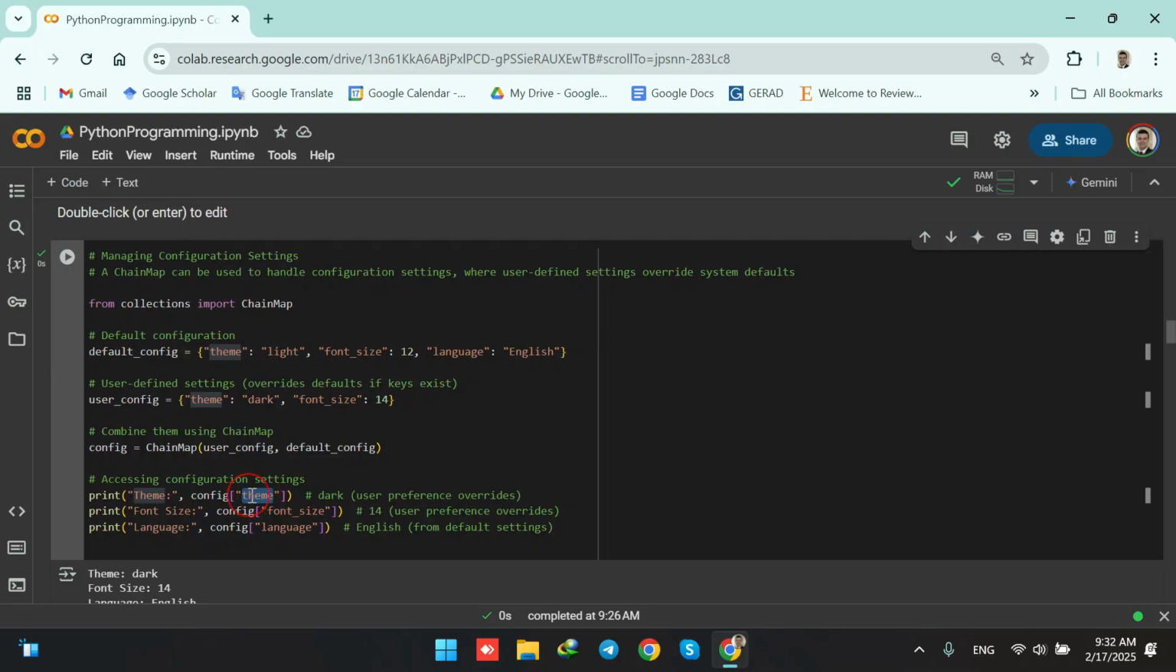Now, when we print, for example, we want to print the theme from the config chain map. This is the keyword, and this is the key of the chain map, and this is the name of the chain map. Therefore, when we run the code, we see that the theme is dark because the user preference overrides the default preference. Okay? But then when we talk about the font size, we again have the key font size from the config chain map. And when we print this, we see that in the output, we have the font size of 14,